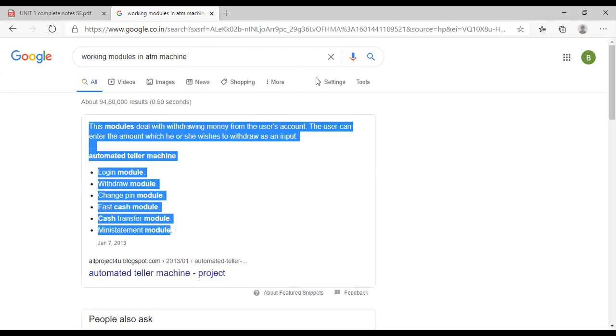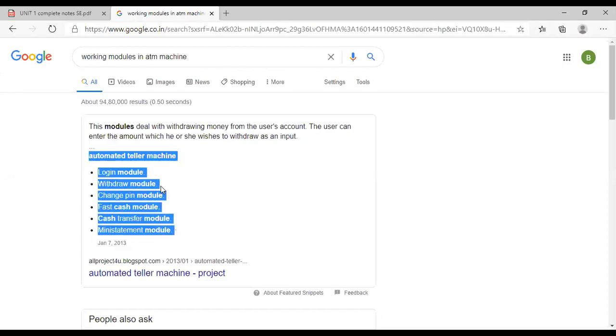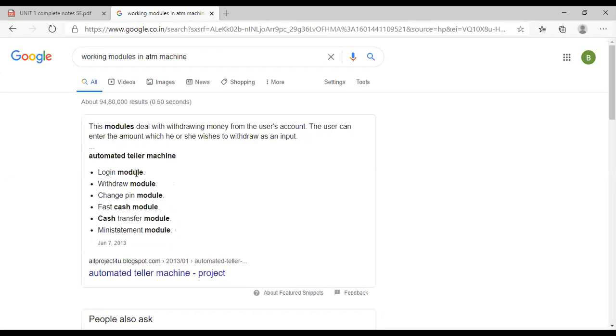Okay. Why am I telling you again and again about modularization? Because this is very important. During software development, it is not possible to develop the entire software in one moment. You have to first divide the software into modules and then do module-wise development of the software. There are a lot of advantages of following this approach, guys. Why? Because if there is a problem in the login module, we can only find the error in the login module. No need to make any changes in any other module. So whenever there are any problems in the existing module, what will happen? We have to make the changes only in this module.